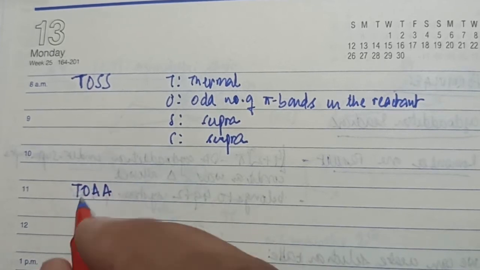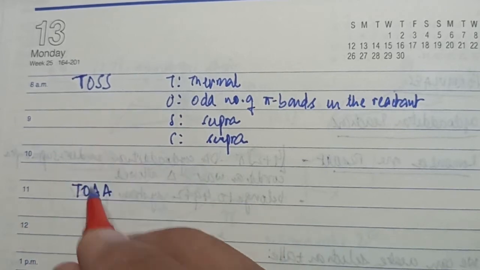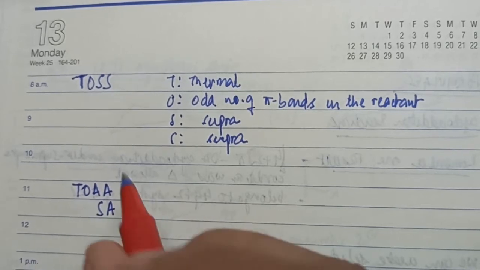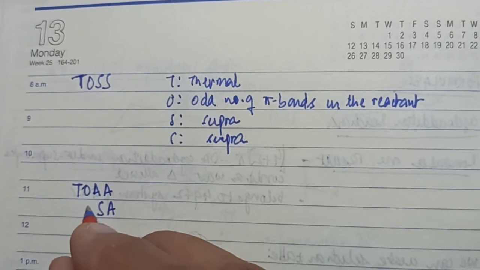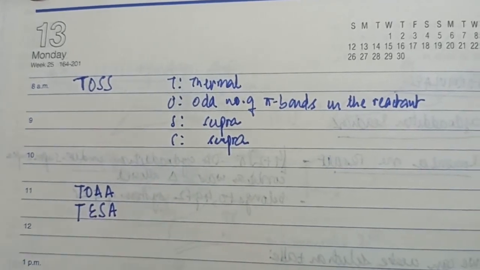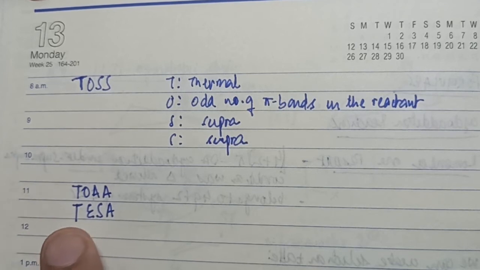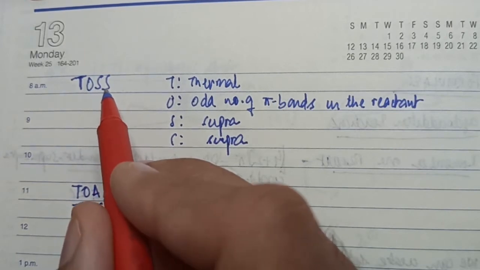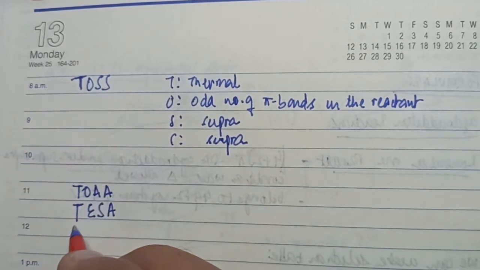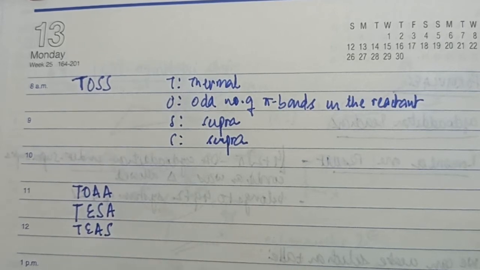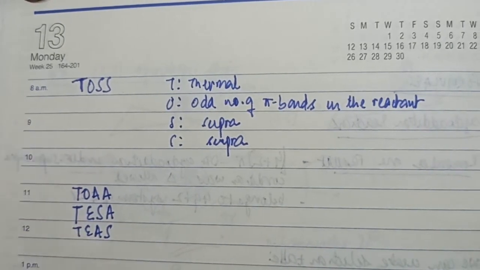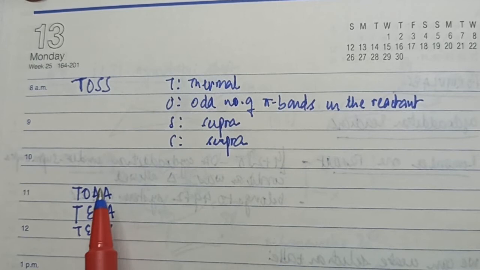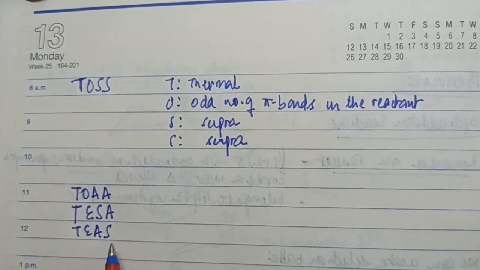I can change two things here. Let's say I change supra to antara, so I created supra, antara. I change odd to even. Thermal remains thermal. So another formula created is thermal, even, supra, antara. Fourth, earlier I changed this supra, now I can change the other supra. So it can be thermal, even, antara, supra. So I've created four formulas for thermal conditions by changing these things. Thermal odd has two formulas, supra supra and supra antara. Thermal even has two formulas, supra antara and antara supra.